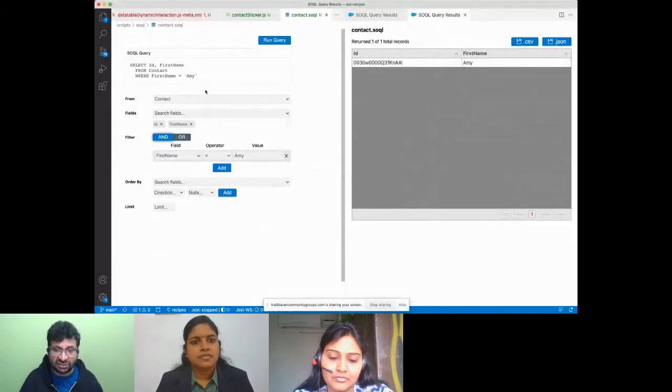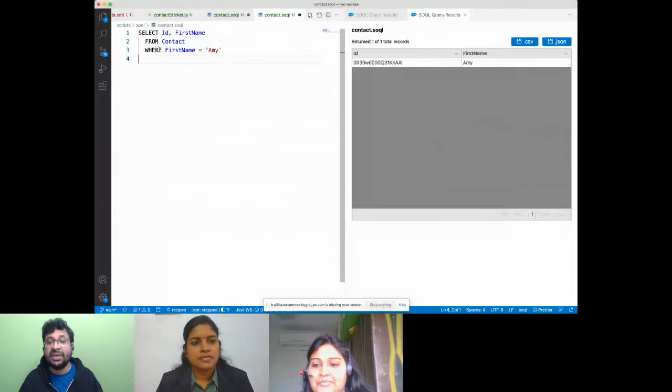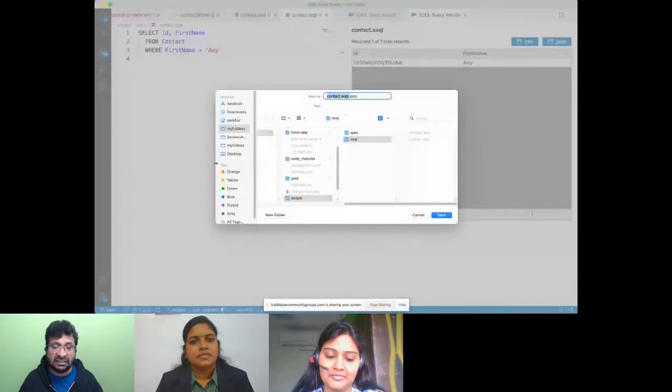Now, if you want to use this SOQL query in your files, you can see this icon which can switch between the SOQL Builder and the SOQL file. If you click this icon, you can have the query here. You can directly copy this query from here and then paste it in your Apex code. At the same time, if you want to export or import the data, you can also generate a CSV file or a .json file. For instance, I can generate a .json file and save it somewhere on my desktop.